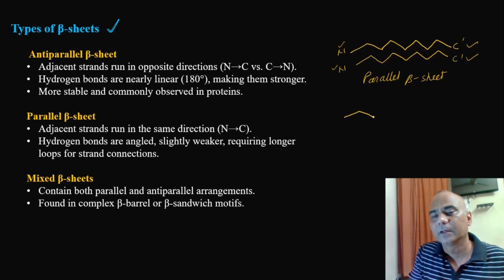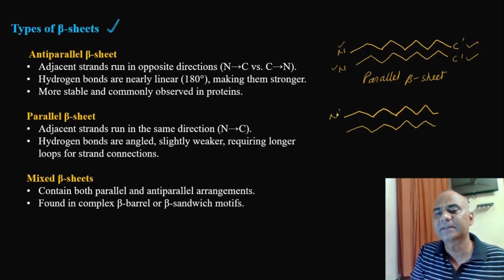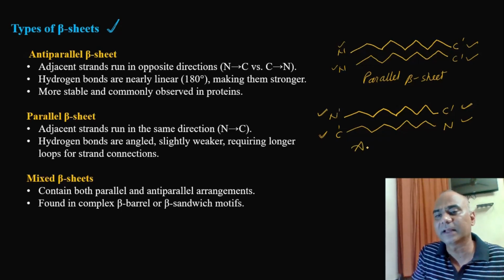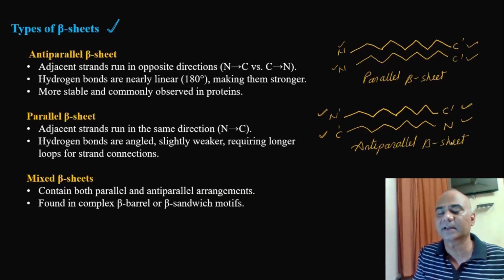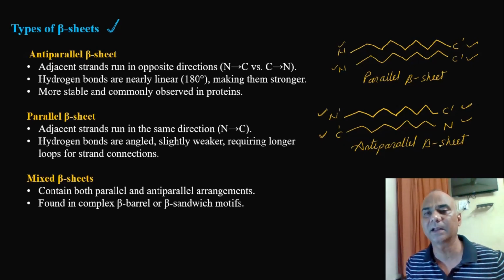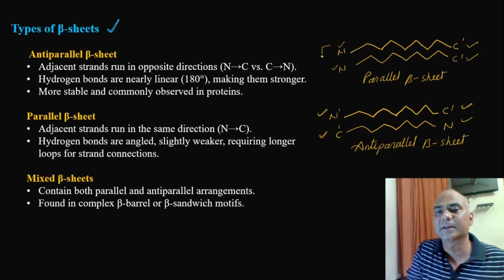On the other hand, when the N terminus of one polypeptide chain remains near to the C terminus of another chain, यानी कि एक दूसरे के अपोजिट डायरेक्शन में है। आप देख पाएंगे इस चैन का N टर्मिनस दूसरे के C के पास है, इसका C टर्मिनस है वो N के पास है। ऐसा जो अरेंजमेंट होता है उसे हम क्या बोलेंगे? इसे हम कहते हैं एंटी पैरेलल बीटा शीट। बिल्कुल सिंपल सा है, पैरेलल और एंटी पैरेलल। सेम एंड्स एक दूसरे के पास में तो पैरेलल हो गया, और अपोजिट एंड एक दूसरे के पास में है तो एंटी पैरेलल कहते हैं।